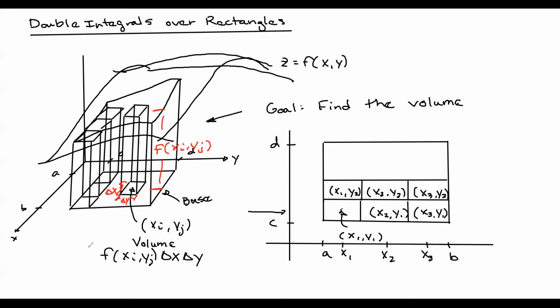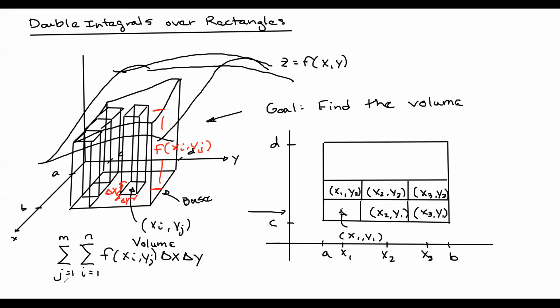So how could we do that? Well, the way that you could do that is with two summations. So you could do i equals 1 to n, j equals 1 to m. Okay, and now if you actually sit down and look at how this works, so what's going to happen here